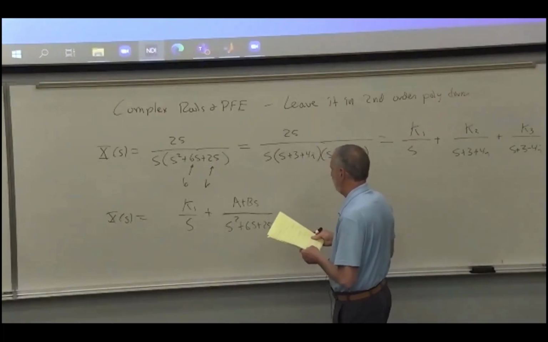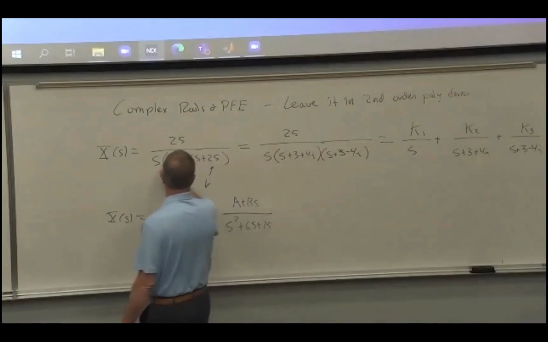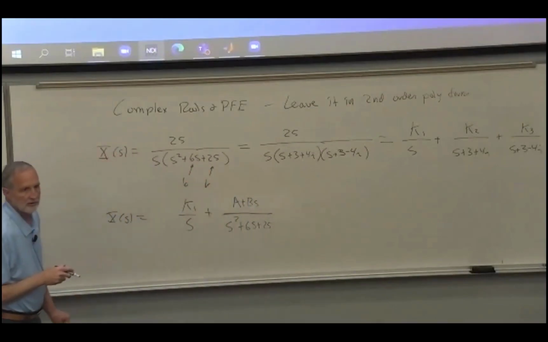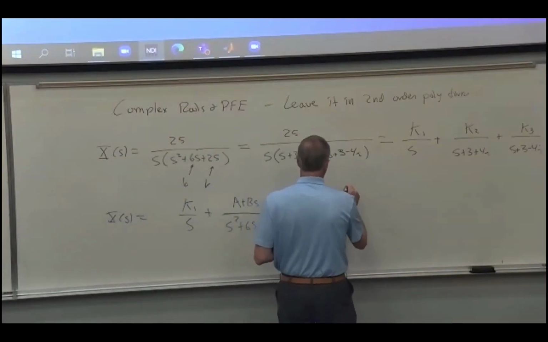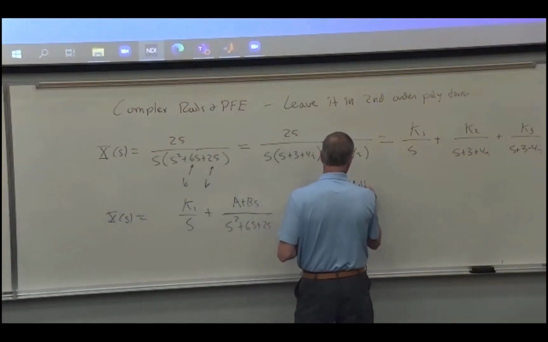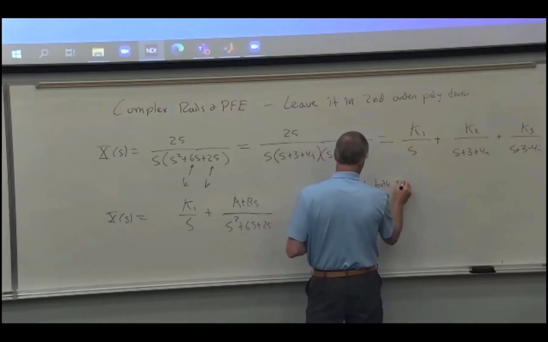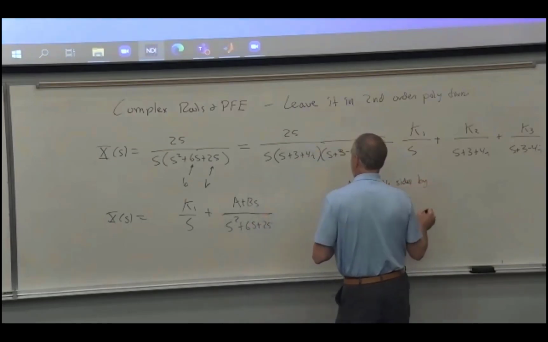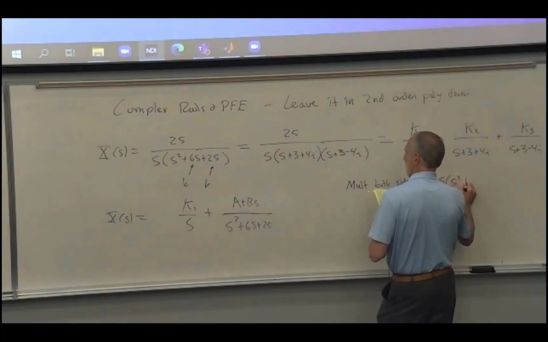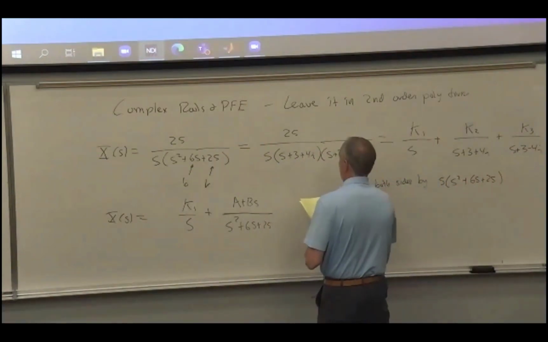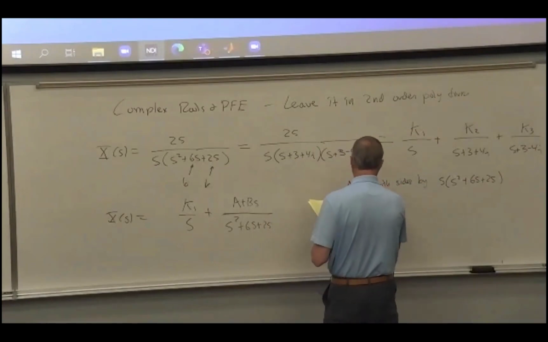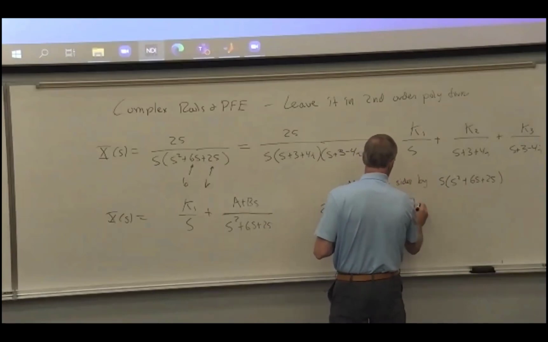So how do you find these? Well, we do the method where we multiply both sides by the whole thing and then equate equal powers of s. So we're going to do that. So we're going to multiply that whole thing. So we're going to get 25 is equal to k1 (s squared plus 6s plus 25)